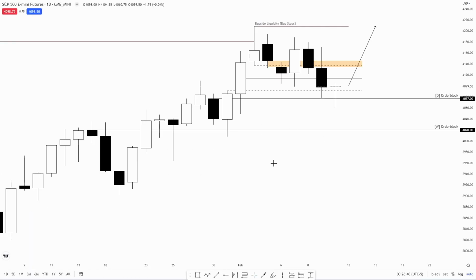Right now we're in the daily chart, and as you can see, I took some levels off from the weekly chart so it doesn't look so messy, full with lines and boxes. This orange box is the new week's opening volume imbalance, and price traded around this area. Monday traded into it, rejected lower, trading to the 50% of this fair value gap right here, which is outlined with these dotted lines.